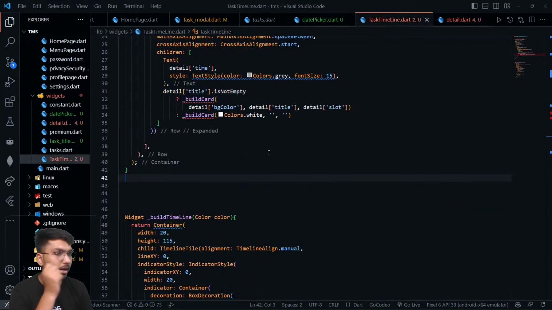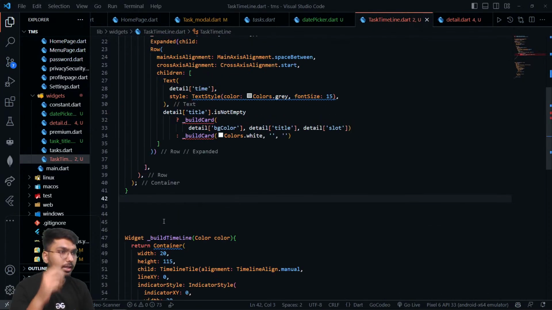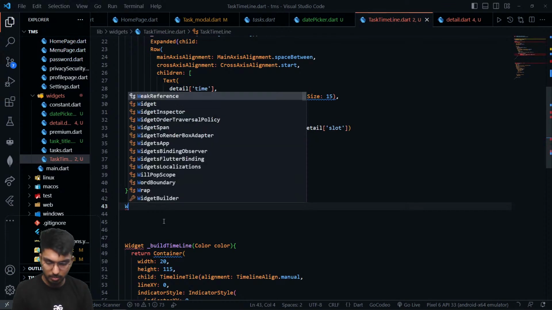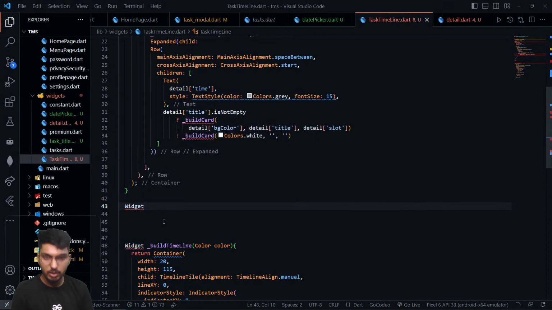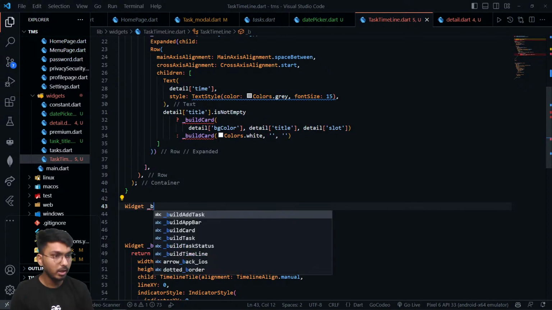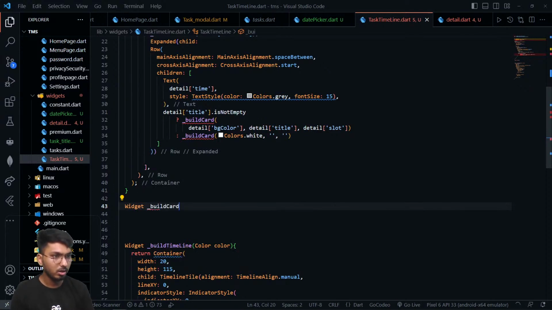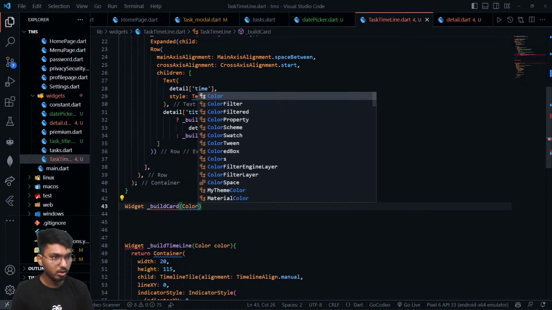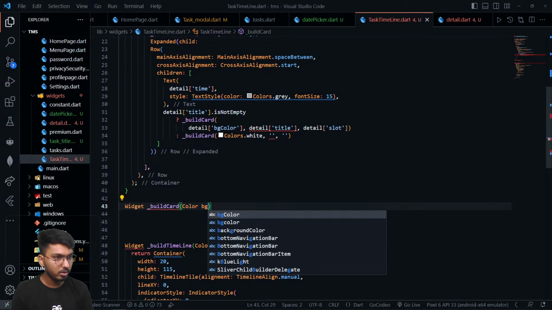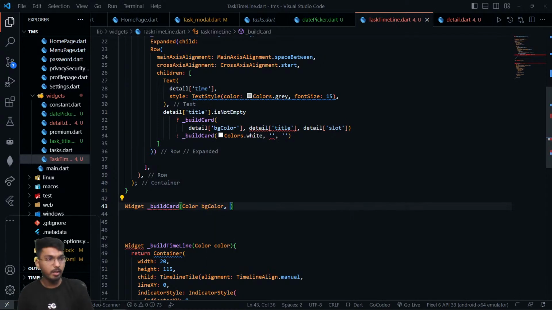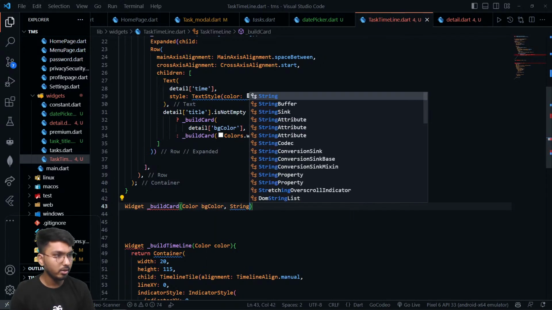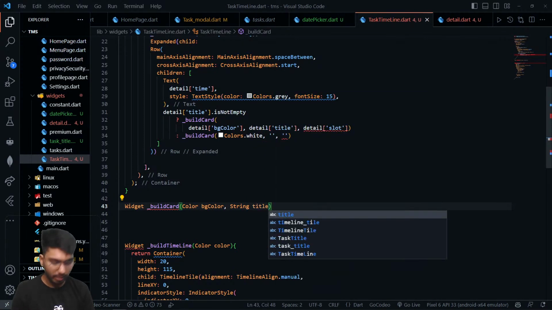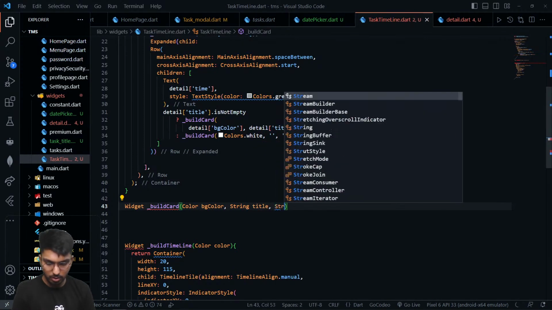Yeah, I'll clear that error right now. So inside this, firstly, it's asking me to add a widget. So I'll add a widget, and inside this widget, I'll write build card. Okay, so build card, and inside the build card, I'll write color. So inside the color, it's like a peachy color, whatever the color I'm about to put. Then there is a string, and the string will be having a title, and there is a string that will be